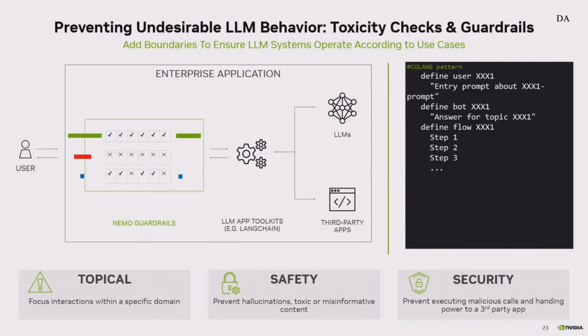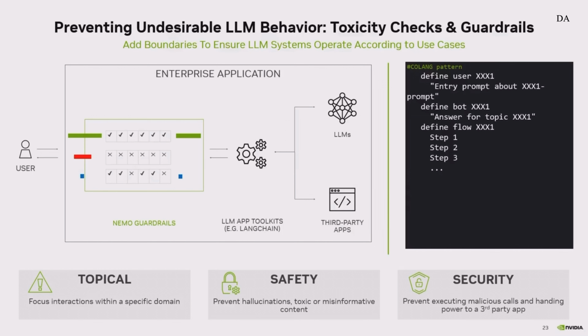Tools are available to help keep our LLM-based application in its lane. Something to add boundaries to ensure that the large language model is not performing any kind of undesirable behavior. These are called guardrails and toxicity checks. So if we have an enterprise application, like the one that we were just working on for the melodious music